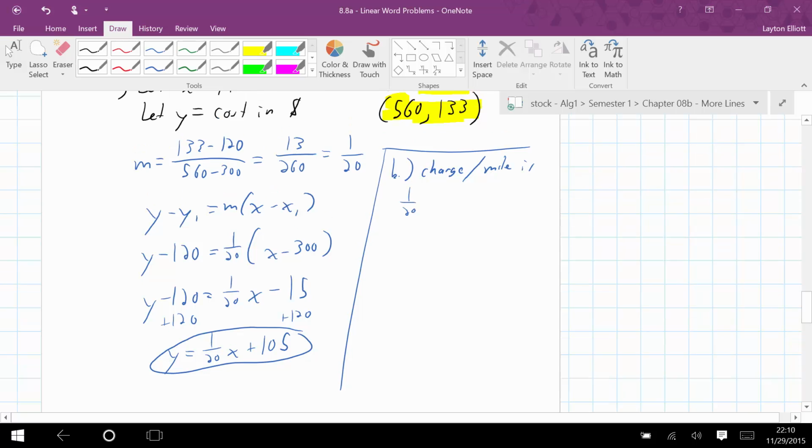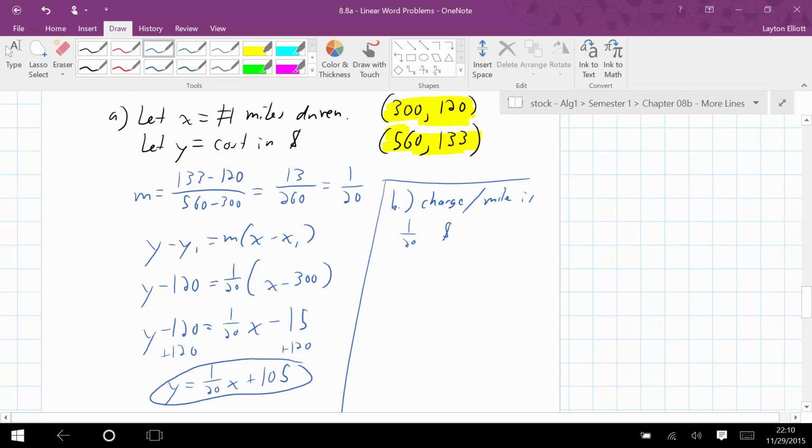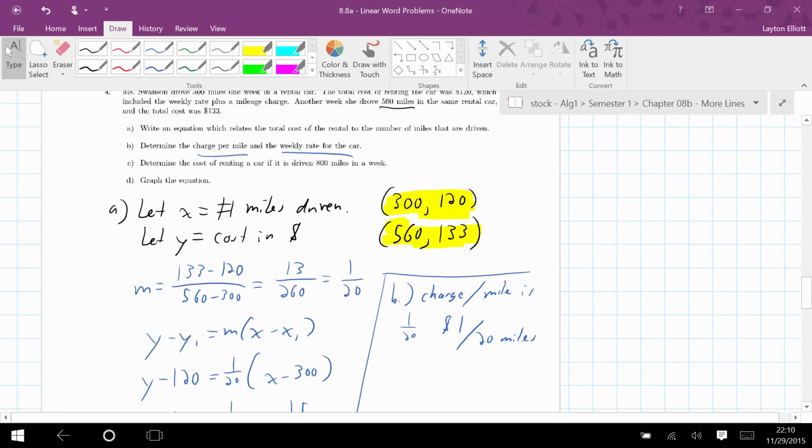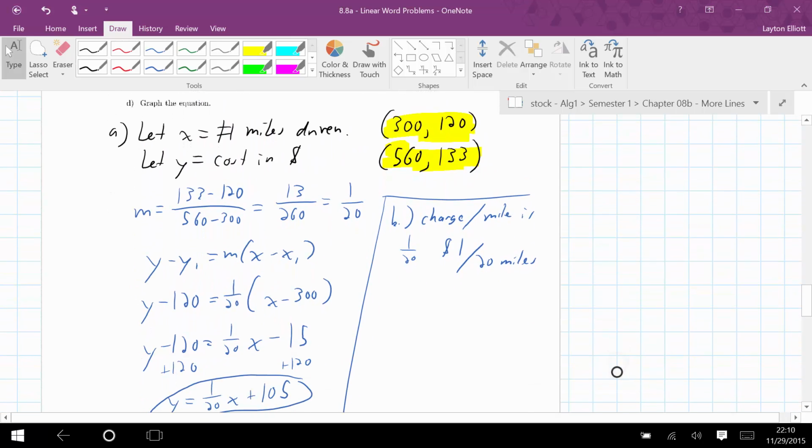And what that means is $1 per 20 miles. That's kind of the easiest way to say it. Charge per mile would just be $1 for every 20 miles. And then the weekly rate,